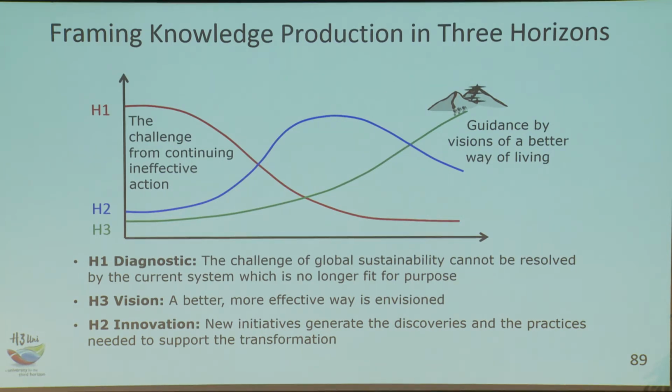We're aspiring to a view of the distant mountains where things are much better. And if we don't have that shared vision, and this doesn't fit in the conventional reductionist science lexicon, if we don't have a vision and a purpose, how are we going to guide decisions about what we're actually doing and what we privilege and what we don't privilege? So you could see the Sustainable Development Goals are at least a stepping stone of one kind towards beginning to give us some criteria. And in the middle here is the need for the transformative innovation,